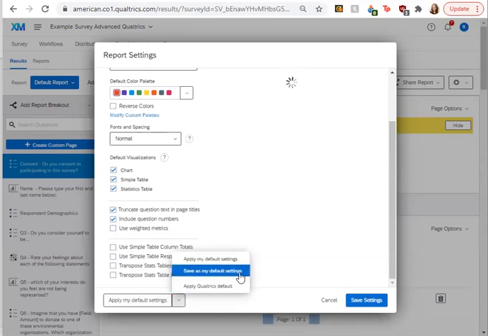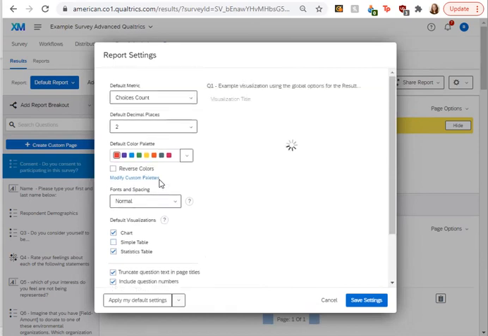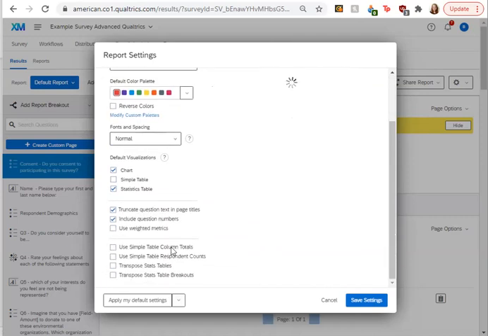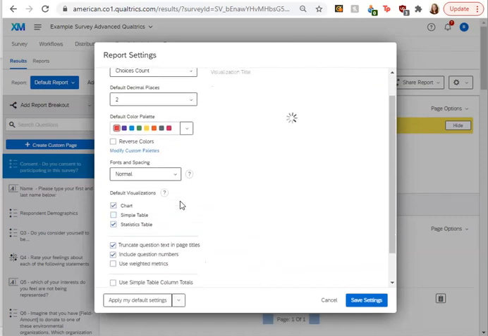You can save them, or if you decide later you want to apply the Qualtrics default settings back instead of your own, you would do that here. Then you just hit Save Settings. So you can customize that right there. And yeah, this is just an option for keeping your settings consistent if you want them different from the Qualtrics default setting.